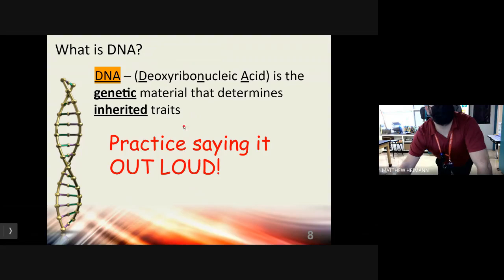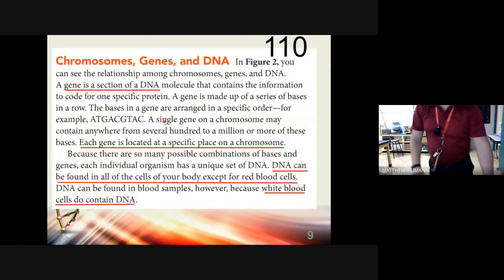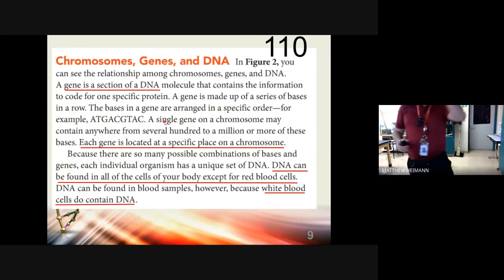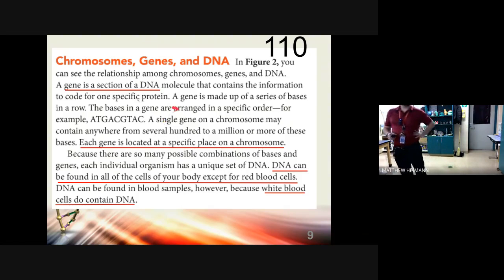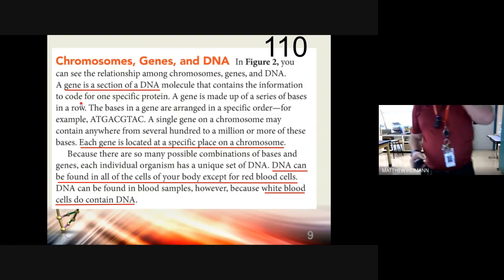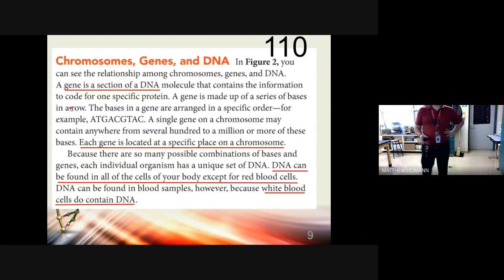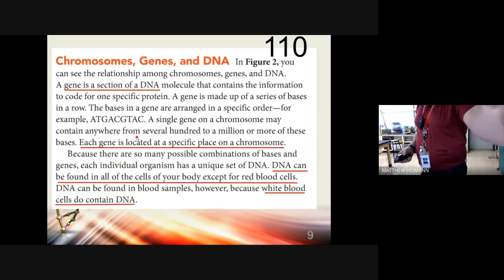Yeah, exactly. All right, chromosomes, genes, and DNA. Figure 2, this is page 110 in your book. In figure 2, you can see the relationship among chromosomes, genes, and DNA. A gene is a section of DNA, molecules that contains the information to code for one specific protein. A gene is made up of a series of bases in a row. The bases in a gene are arranged in a specific order. For example,